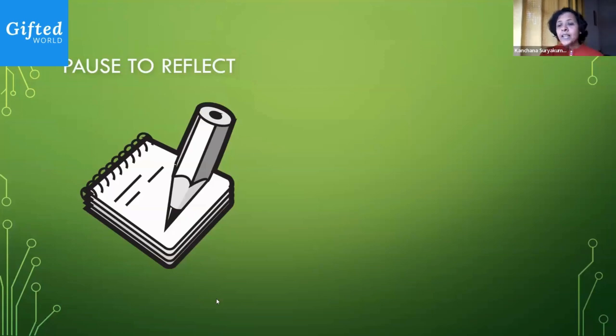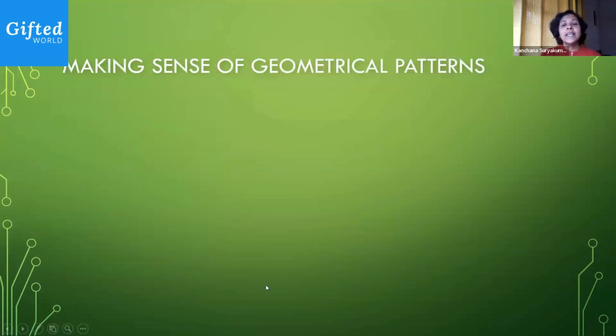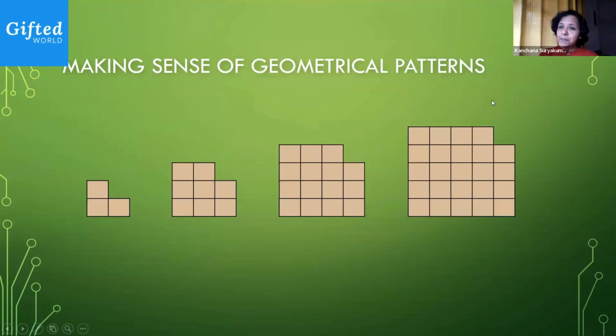We can continue. We looked at numbers so far. I want to step this up a little bit and move on to geometrical patterns, right? So why don't we use the power of what we have learned to go to a different kind? Let's start looking at different kinds of patterns, okay? So we will start by making sense of a simple geometrical pattern. I will share this pattern I've created for you, right?